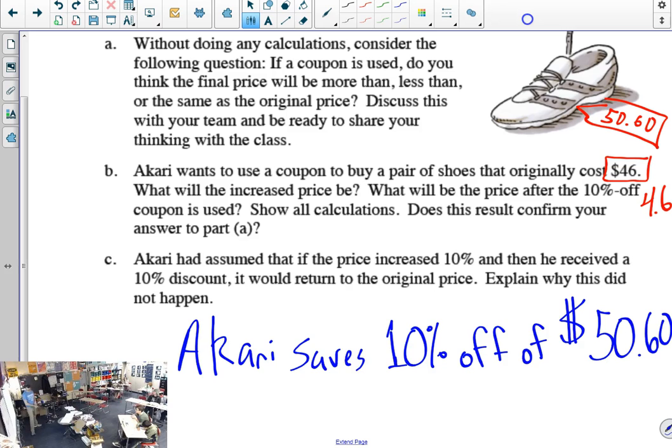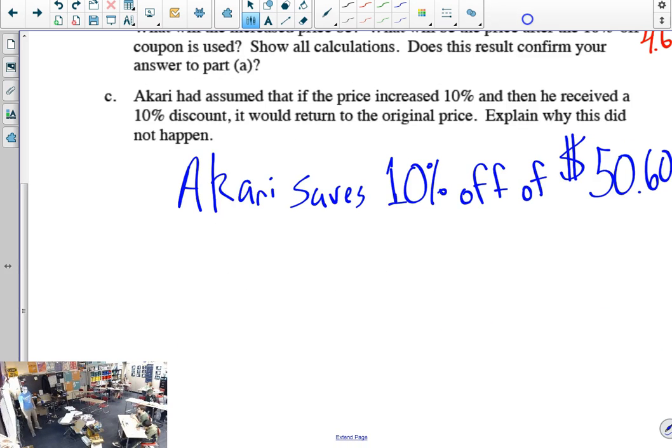Oh, it's 4.6. Guys, can you? Oh, it's $4.50. I figured it out. They're losing more money then. Is it right? No. Wait, what do we do? We've got to check.